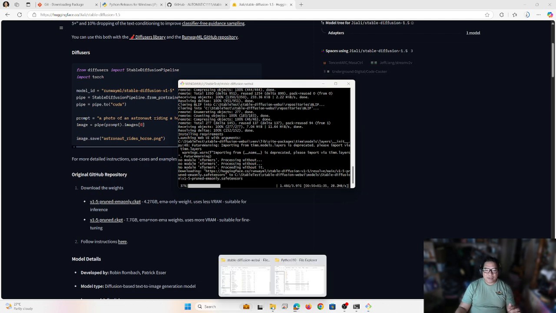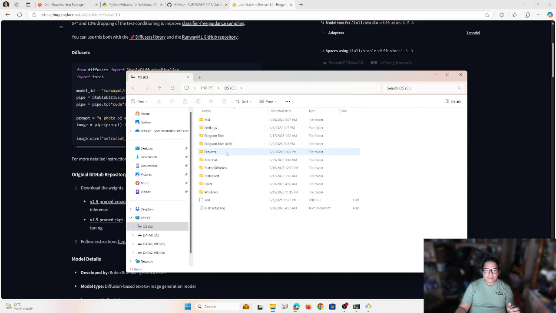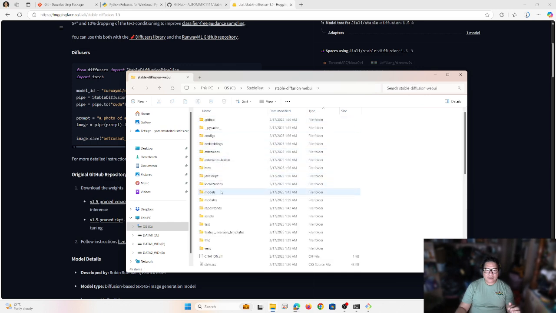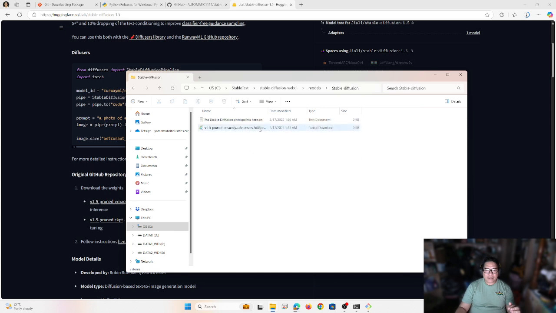If I go to that path, models, Stable Diffusion, it says here to put Stable Diffusion checkpoints here. This is where you need to put all your specific Stable Diffusion models.